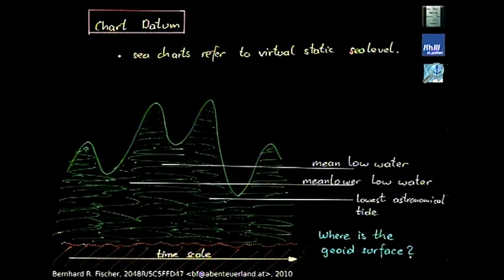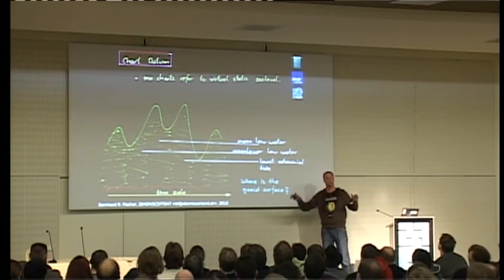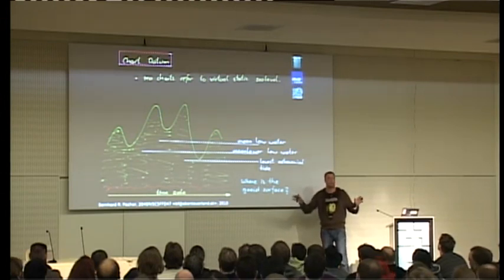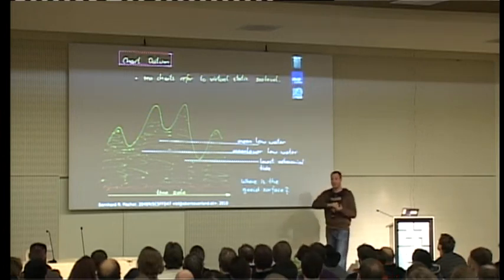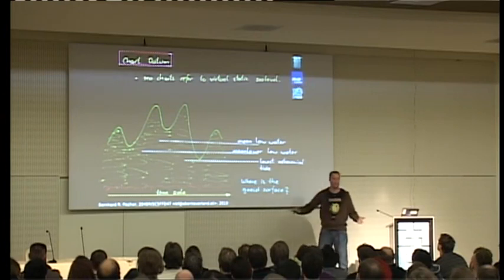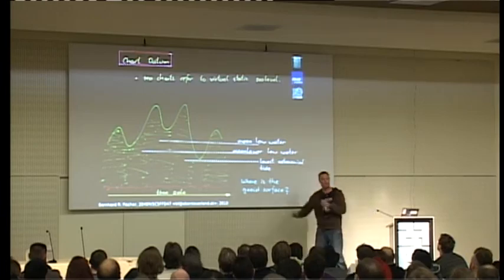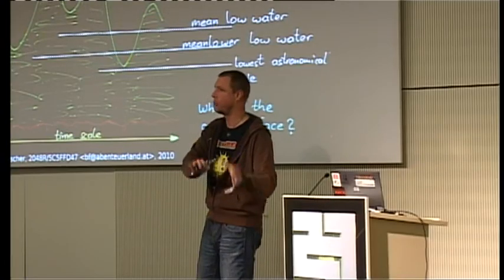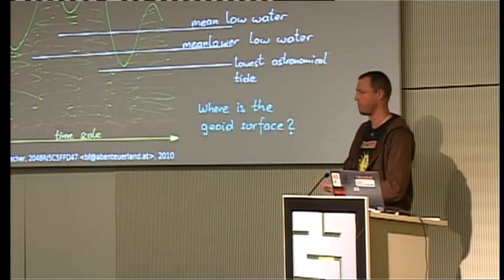This picture roughly describes what the chart datum is. That's what I told you before. So we know this reference geoid. It's completely useless. It's 100 meters different from the real geoid, okay? But the real geoid is if the oceans are in equilibrium. That's a theoretical model. That's not true for reality. So what we define in sea charts is a virtual 0 point, 0 sea level. And there are different 0 sea levels used in different charts. Some charts use this, some charts use that. And you have to look and read what your map says. What is the depth referring to?